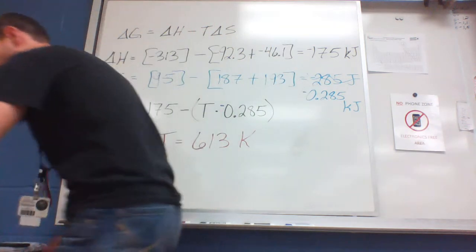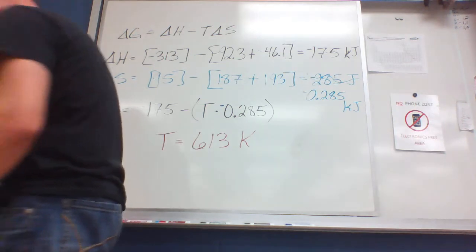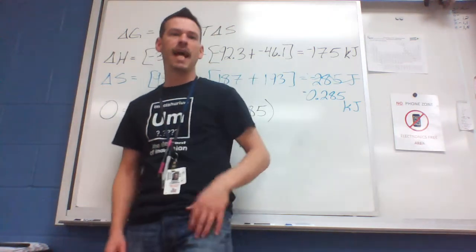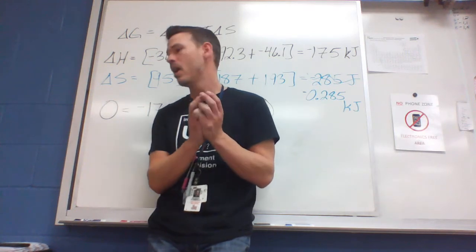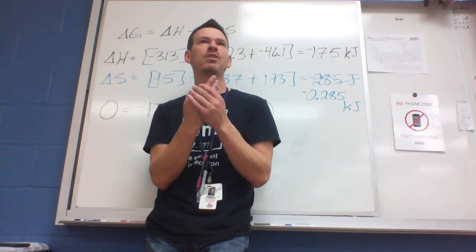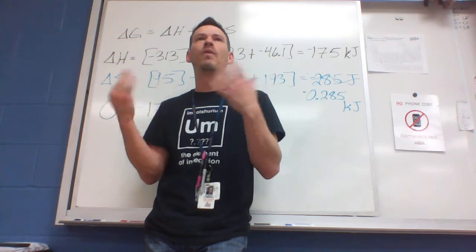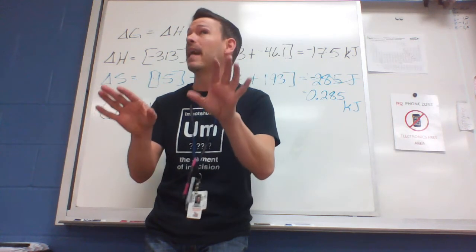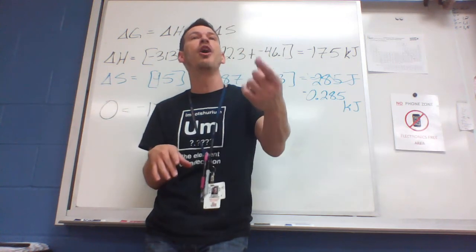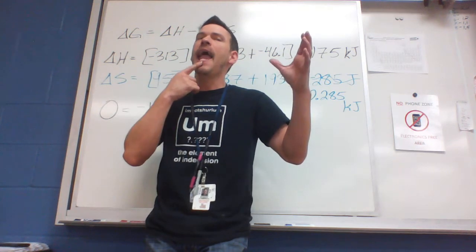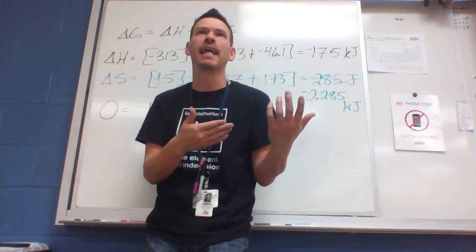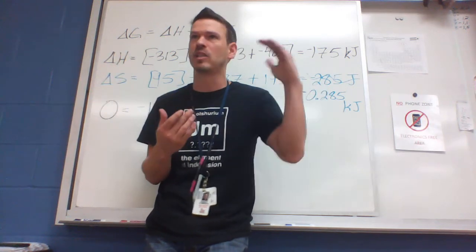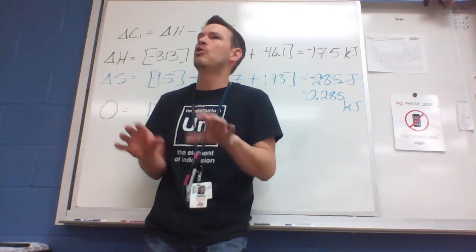All right, there's one more slide. You don't have to show it unless y'all want to see it. The very last slide is very quick. It's just the connection between G and S. It gives you 3 reactions, and it asks how to tell what the sign of G would be. But that's super simple because you already know how to look at a reaction and know what the sign of S is. If it forms a solid, the sign of S is negative. If it forms a gas, the sign of S is positive. So we've already learned how to do that in this lecture.